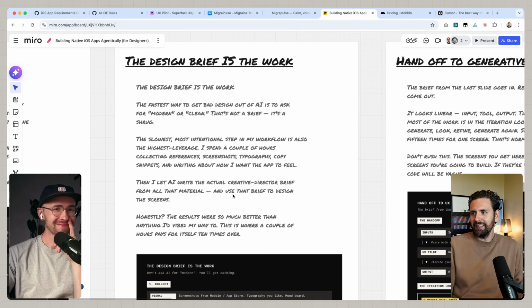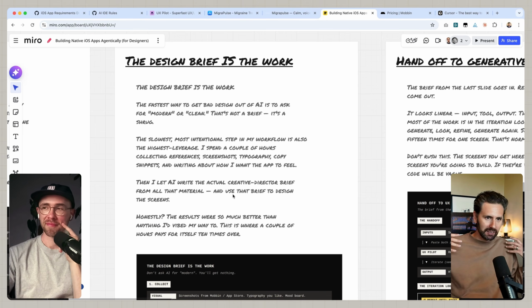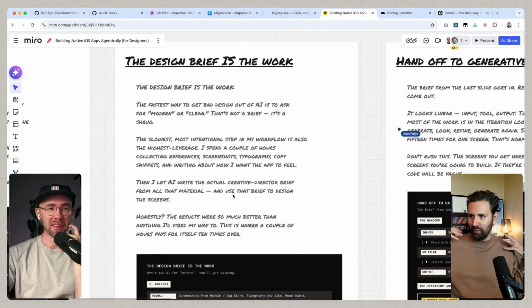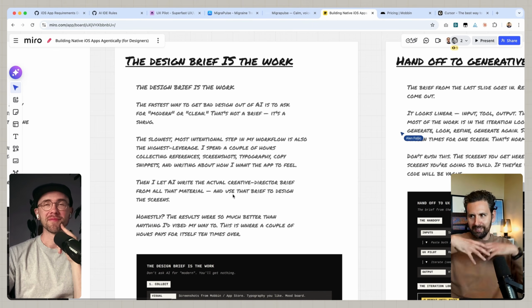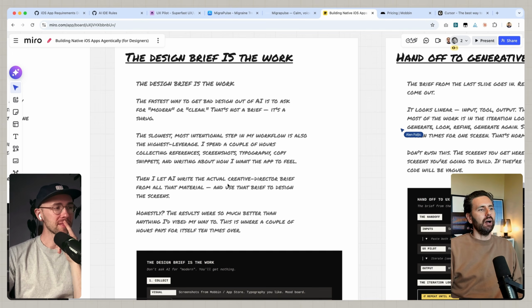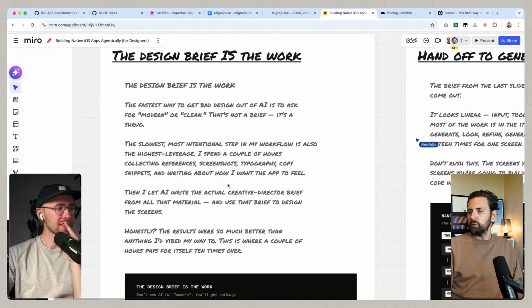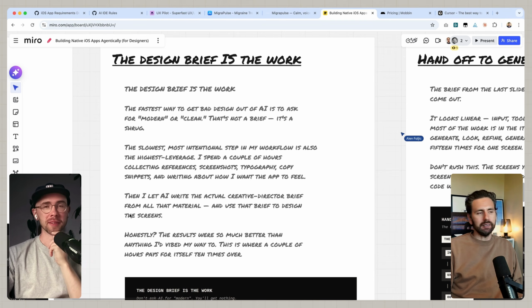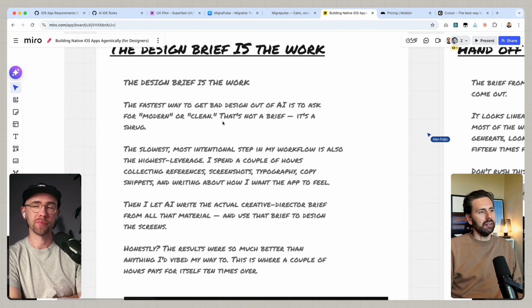As a designer, this is the bit where I get to vibe out the idea for the app, and I get to offload all of my creative ideas in a really unstructured way, because that's how I am, to AI. And it's so liberating. But this is work, and this is valuable work, and it doesn't take that long,